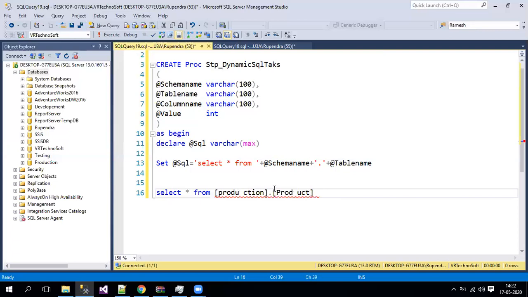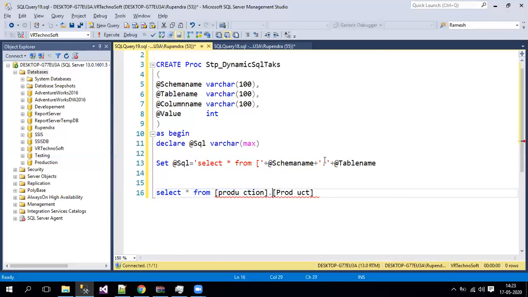Now where exactly do we need to keep it? Just see, before this where schema name. As this open bracket is always static, after from you can just keep it. Initially you can simply write static queries, and based upon that you can build your dynamic query. Later on it will be habitual for you, and it will be easy too. Now this open bracket has to end before this dot.